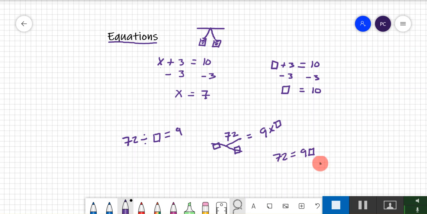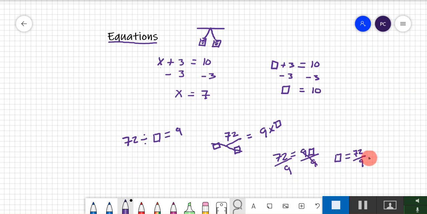So in this case, what we can say is that this is 9 multiplied by the value represented by the box. In order to get rid of this 9 on this side, I have to do the opposite of multiplication. I have to divide this by 9. And if I divide this side by 9, I have to divide this side by 9 as well. So these will cancel out, and we'll be left with box is equal to 72